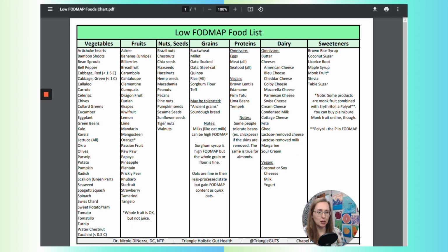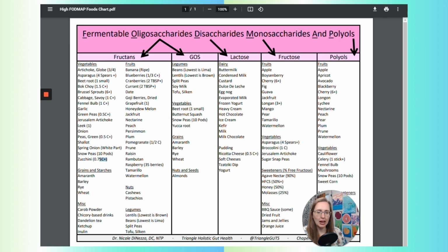And some of them are going to be dose dependent. So for example, cabbage can be okay as long as you have less than a cup. Red cabbage if it's less than a cup and a half. Zucchini, if you stick at or below about half a cup, you're a-okay. But if you have 3/4 of a cup or more, you're probably looking at a high FODMAP food now because